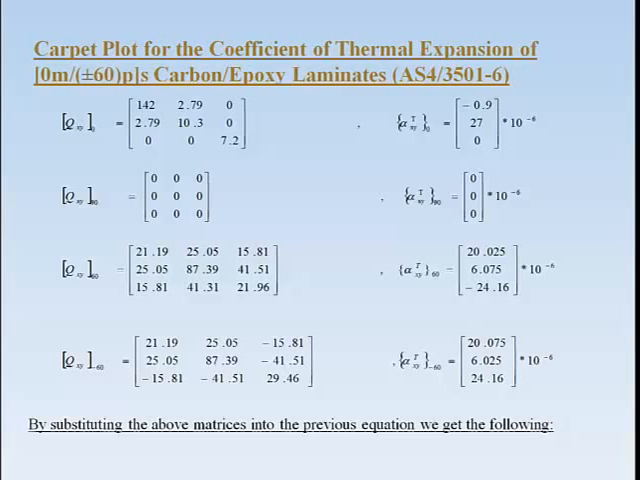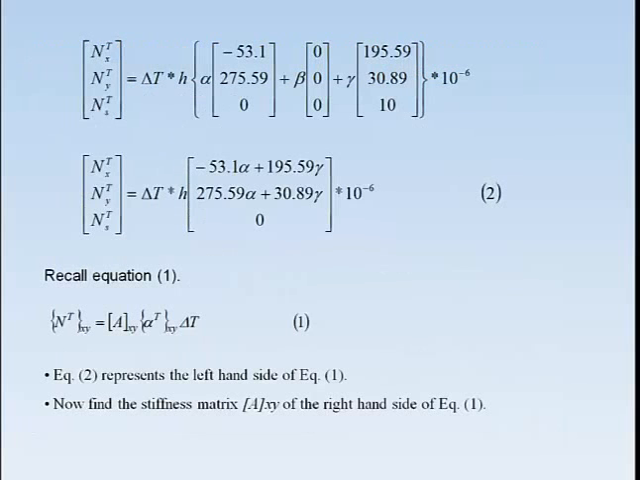Carpet plot for the coefficient of thermal expansion of 0m plus or minus 60 plies carbon epoxy laminate. The material is AS4/3501/6. QXY 0 degree, QXY 90 degree, QXY 60 degree and QXY minus 60 degree. These are the values we are taking from the references Uday and Mukhopadhyay. Similarly, we are taking the values of coefficient of thermal expansion alpha Txy for 90 degrees, 60 degree, minus 60 degree. By substituting the above matrix into the previous equation, we get the following: